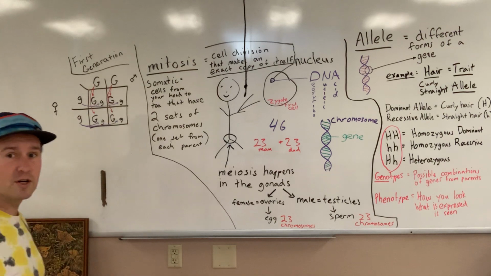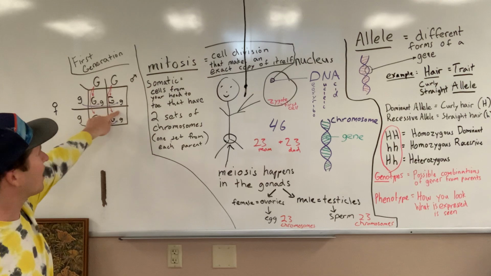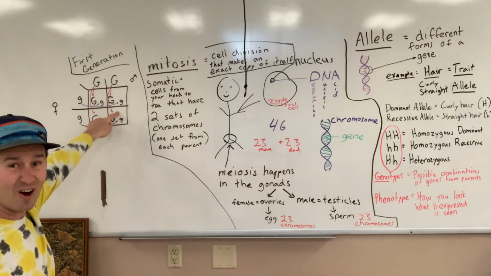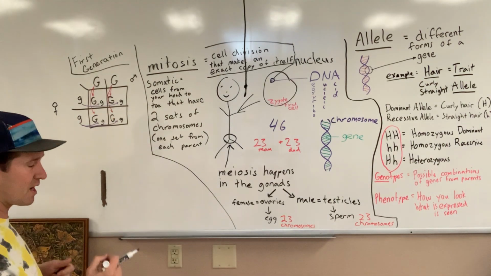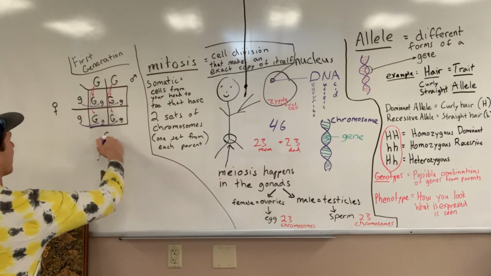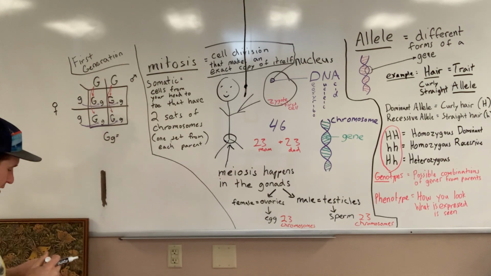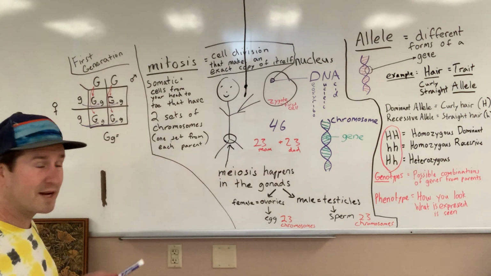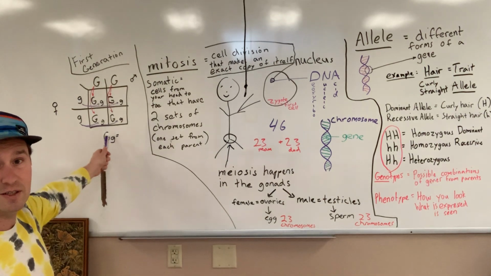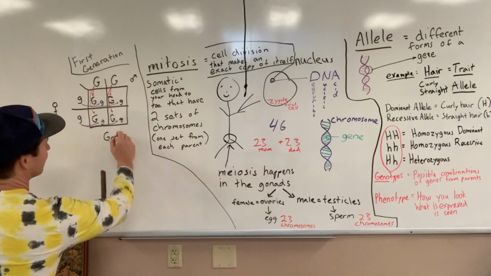Okay, so you can see that the offspring, these are all the possibilities of what the offspring could get. And they're all the same. Okay, so all of the offspring would have a capital G and a lowercase g. So they got one of each allele, so they got different alleles, and so that means that they're heterozygous,